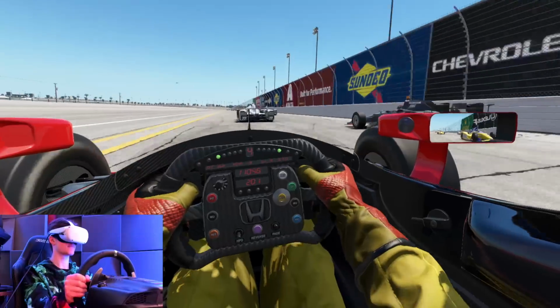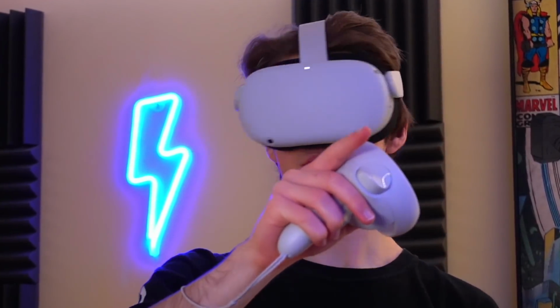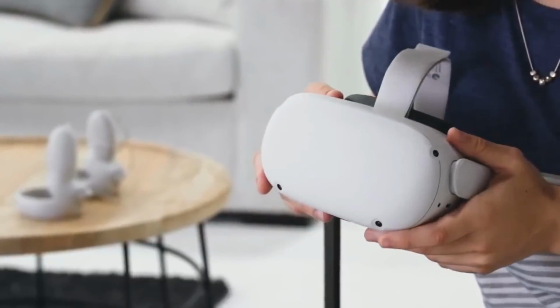Even playing for just like 30 minutes maximum a day, I found my eyesight to be struggling more and more while using this headset, and even feeling as if my vision was deteriorating while using this thing. I'm not exaggerating. When I watch movies or anything that requires me to focus my eyes, at least in VR, for more than 10 minutes, I have to take a good 30-minute or so break to let my vision get back to normal. This is actually a legitimate problem that anyone with a Quest 2 should genuinely be concerned about,